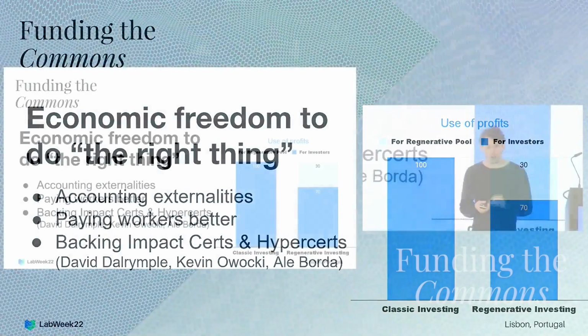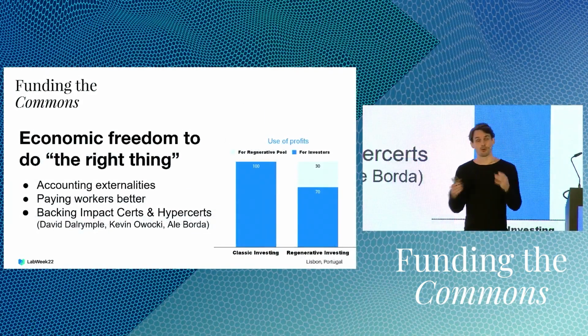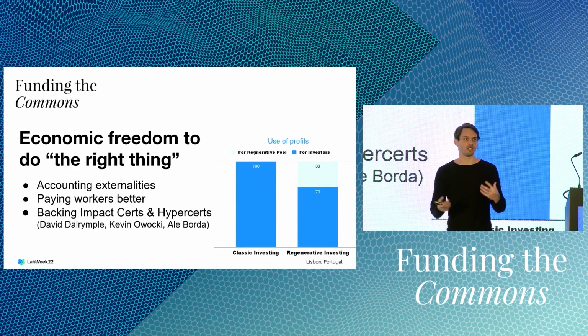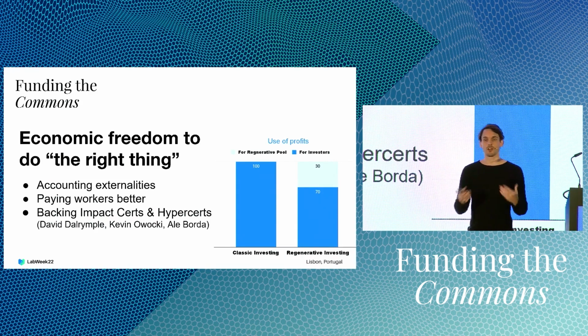Because there, the inherent problem is that many of the things that we want to put into impact certificates don't have a direct economic value that we can map towards. So it's very hard to actually get the money into the system that then translates the impact into real-world economic gain for the people who produce the impact in the first place.